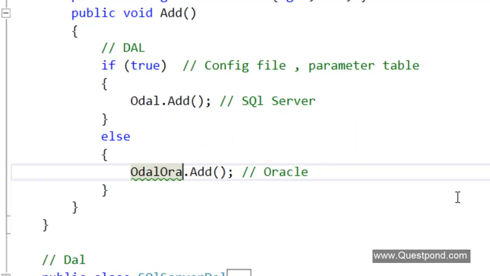Okay, so changes will happen. It's not that changes will not happen. For example, if you add a delete functionality in your data access layer, you won't automatically get a delete button on the screen, right? So changes will happen. But the point is, how minimal are those changes, and that is important.